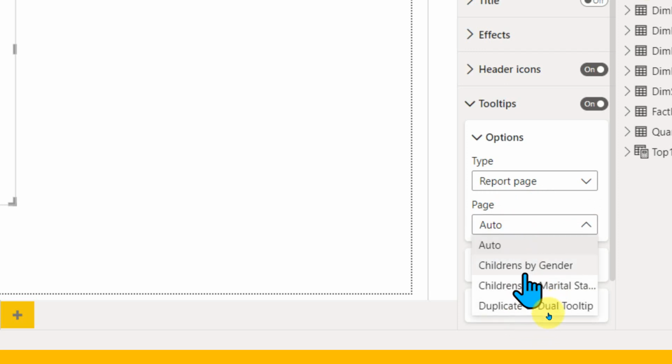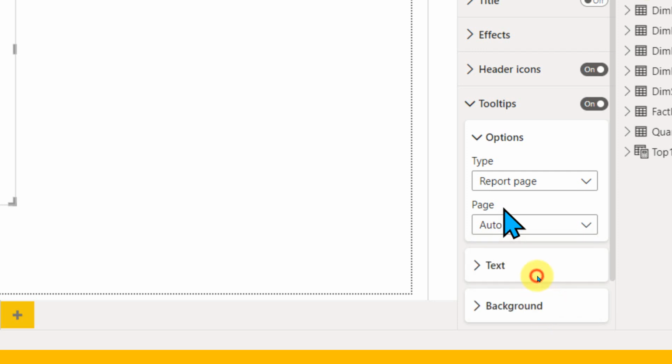It will give you the list of available tooltips, but make sure you select auto here, because only then can Power BI decide which tooltip to show based on the data, right? If you select any of the others, it will be a static tooltip, so it has to be auto here.